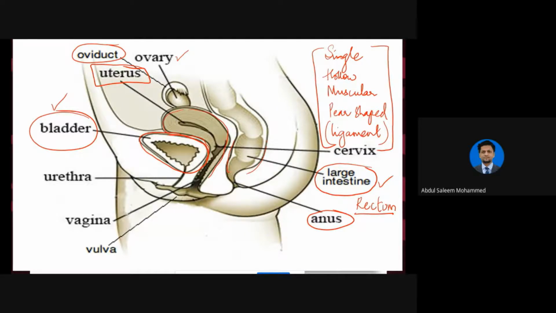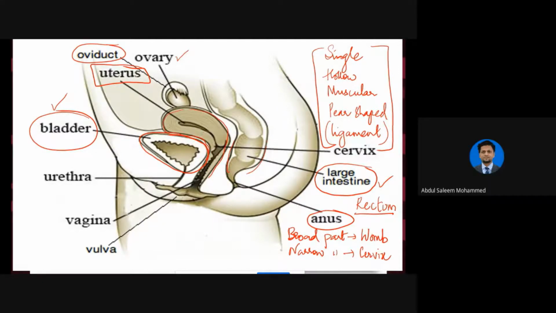So the uterus is divided into two parts that we should be aware of. It has the broad part, which is known as the womb. The broad part of the uterus is known as the womb, and the narrow part is known as the cervix. So there are two parts, the broad part and the narrow part.